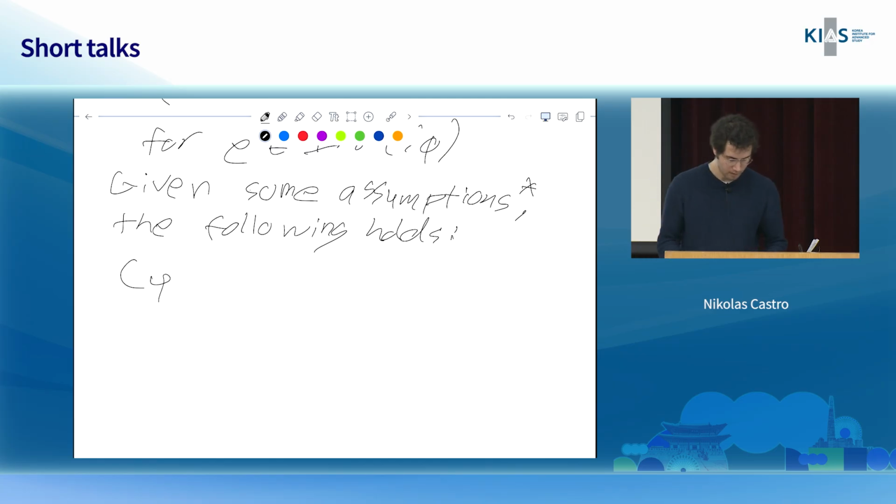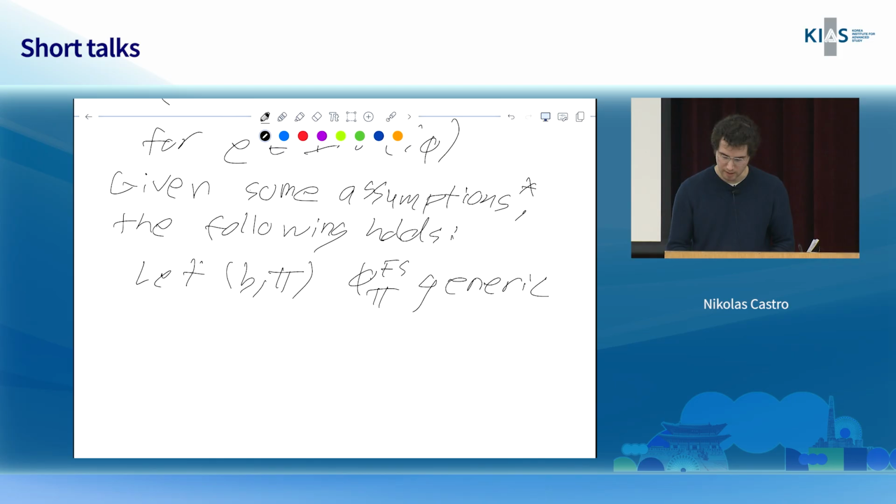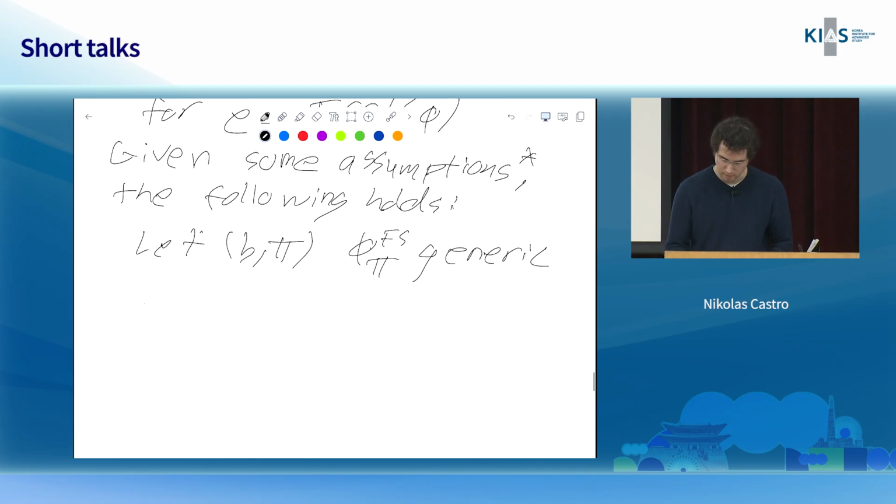So we have the Fargues-Scholze map acting. Let B pi be as above, but this time we only are going to require that the Fargues-Scholze parameter of pi is generic. So then in this case, we have, this is going to be given by,